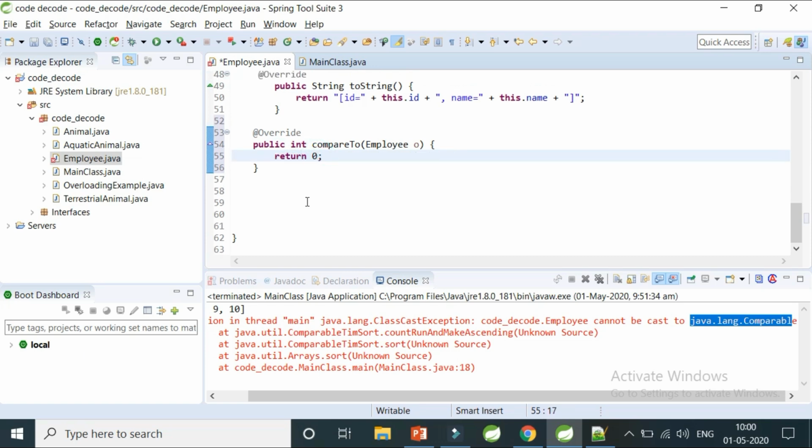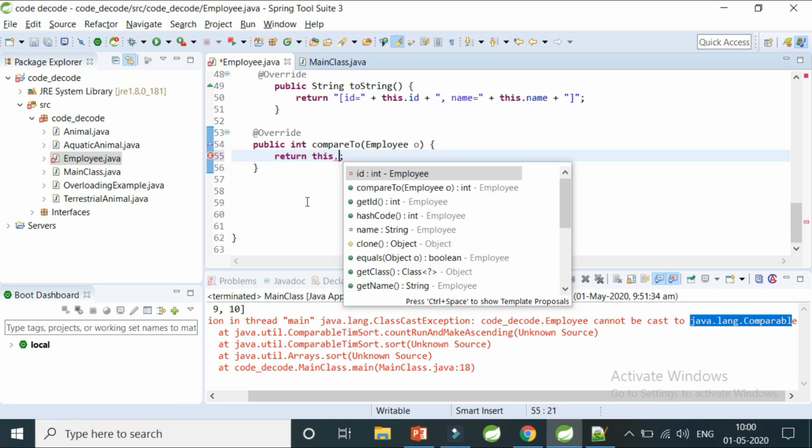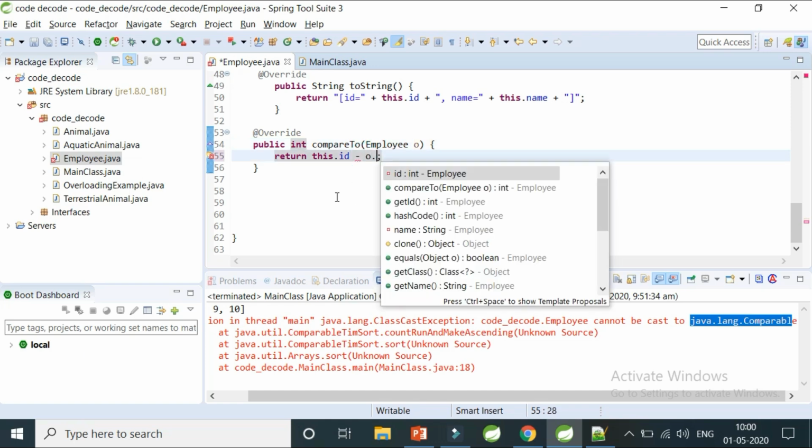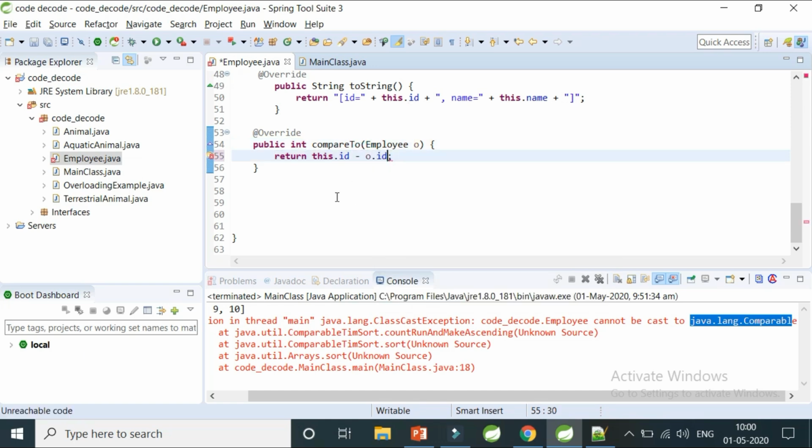I don't want to return 0. What I want to return is the current class object's id, because I want to sort my employees by id, and I have an Employee object o. So I just want to compare my current object's id with the argument object, that is, o.id. So what will be the three scenarios?